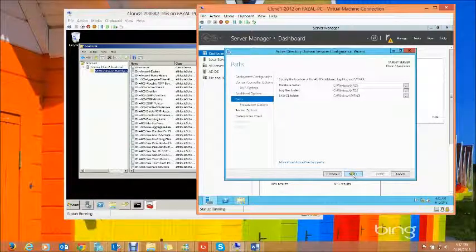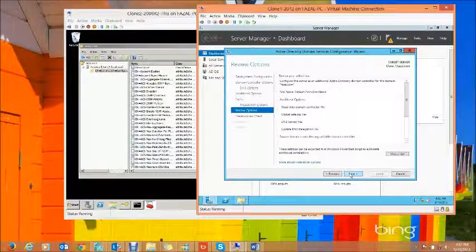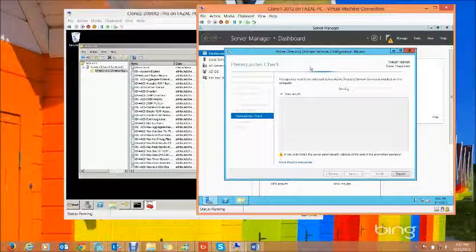This is the default path for the NTDS log files and sysvol folder. Now this is the one which is very interesting. To install this domain controller, the wizard needs to perform the following operation: prepare the forest and schema and the domain preparation. So this was the step which we used to manually perform. And now this is done automatically by Active Directory for us. So now what it's doing is it's verifying the prerequisites which are needed before Active Directory domain services installation goes ahead.